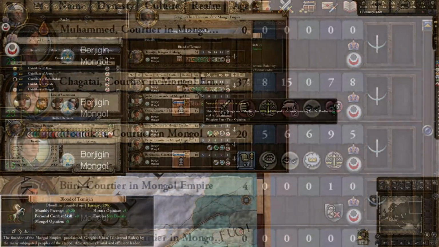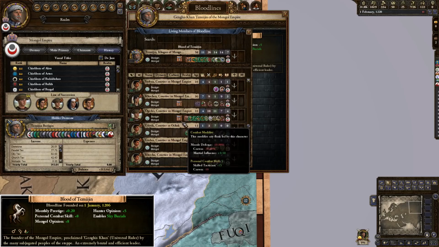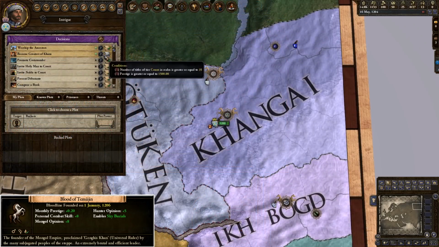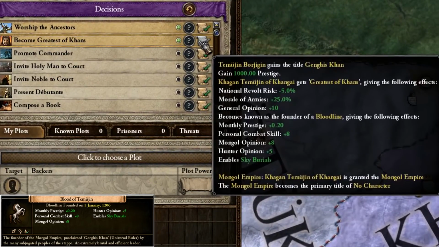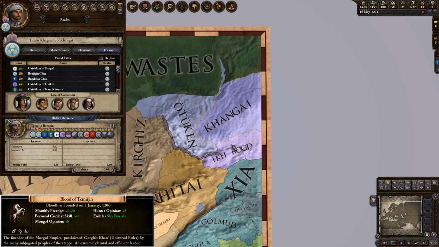does confer sizable bonuses, more specifically with monthly prestige gain, a +8 to personal combat ability, cultural relations modifiers, and the unique ability to engage in sky burials, regardless of your character's religion or culture. And even if you're not able to become Genghis Khan by decision, which requires you to be Tengri, own 35 counties, and possess 1500 prestige, you can easily marry into this bloodline, considering that more than half of Asia possesses